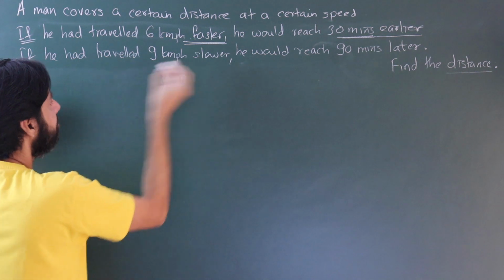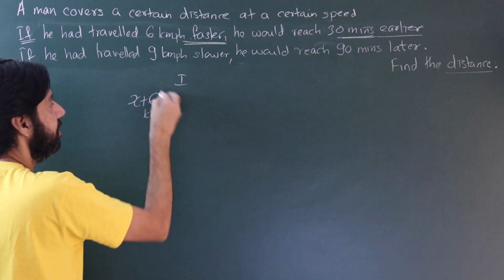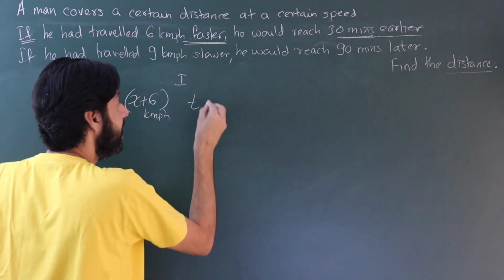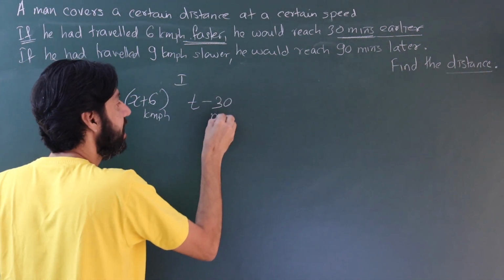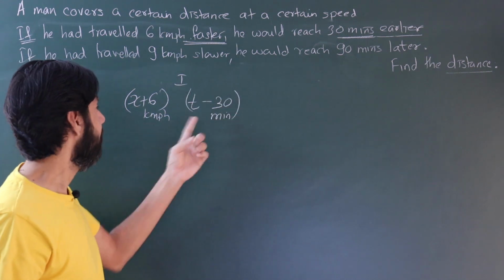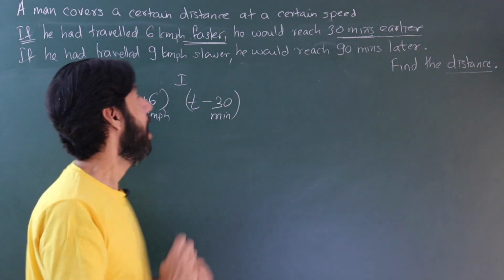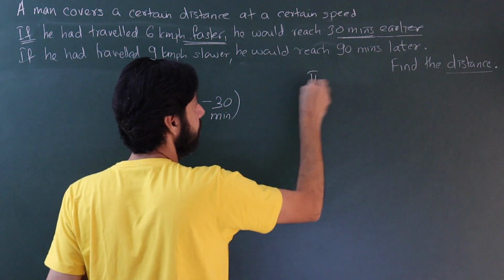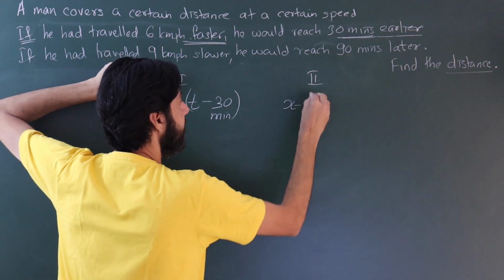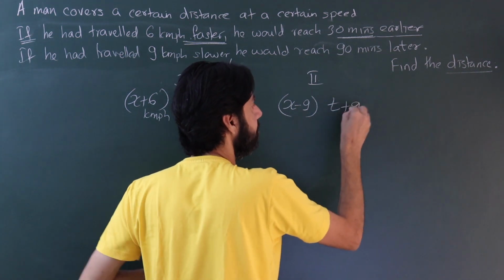So my first scenario given is that my speed is X plus 6 in kilometers per hour. And my time is that I reach 30 minutes earlier, so I'll be taking lesser time. While writing it, you should keep in mind that the units are different here. If I'm just multiplying these and I want to find a value, then that would be an issue. But then there is a second scenario, part 2, and here it is 9 kilometers slower, so this is X minus 9. 90 minutes later, more time taken, T plus 90.